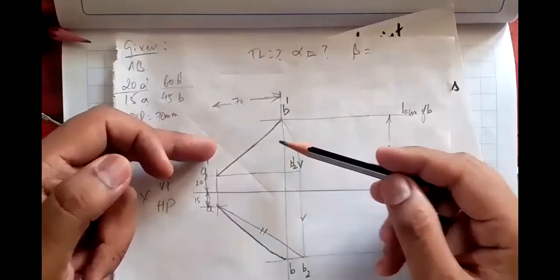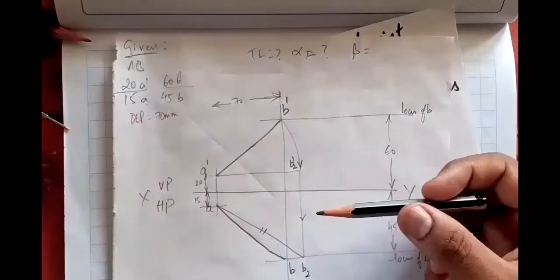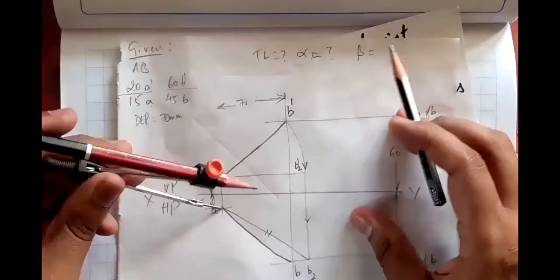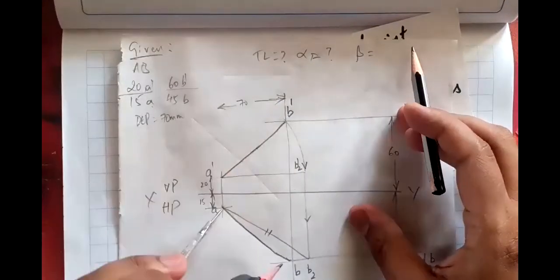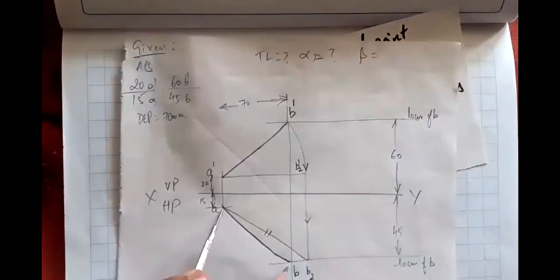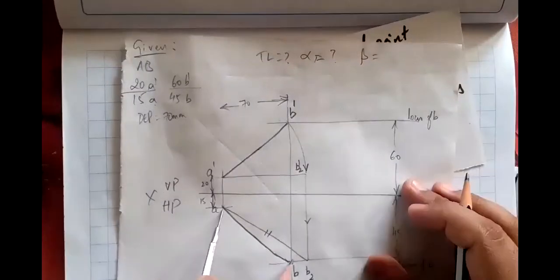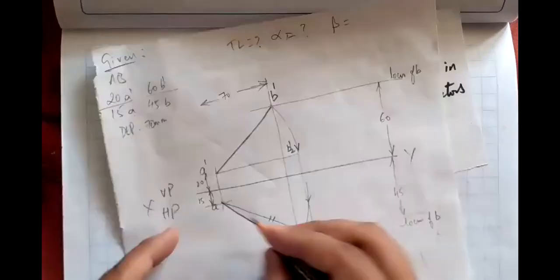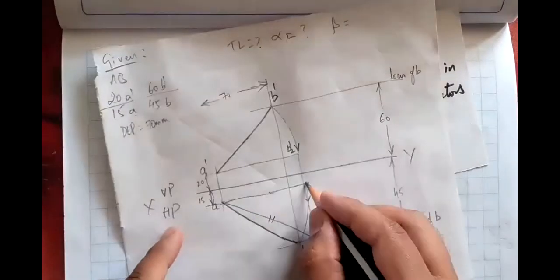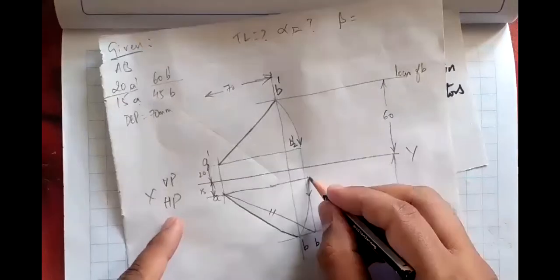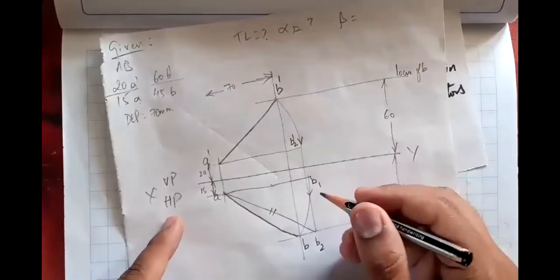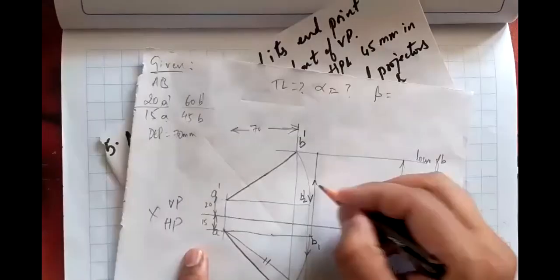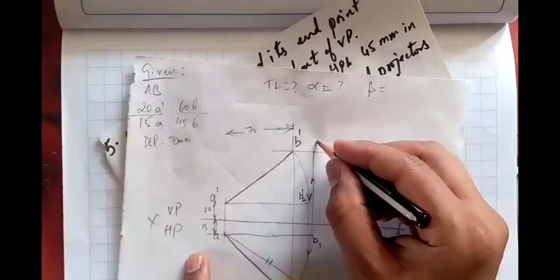That is what I'll do. I take a compass from A, take a measurement till B, and draw an arc till the A locus. See this, till the A locus, where it is there, this is the position I am marking as B1. From here, if I extend the line further towards the vertical plane where the location of B locus is there, then I'll get B1 dash.